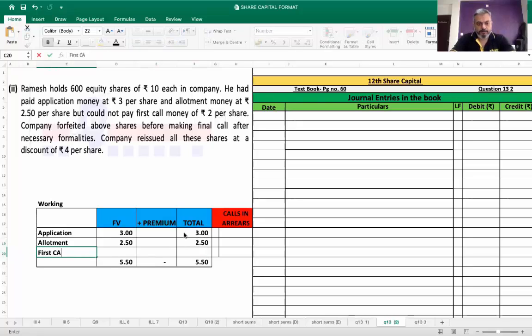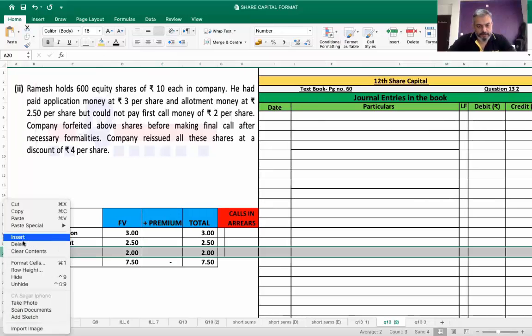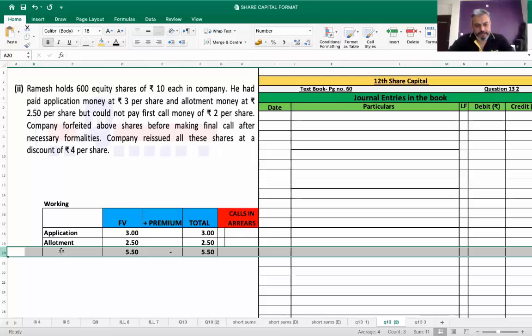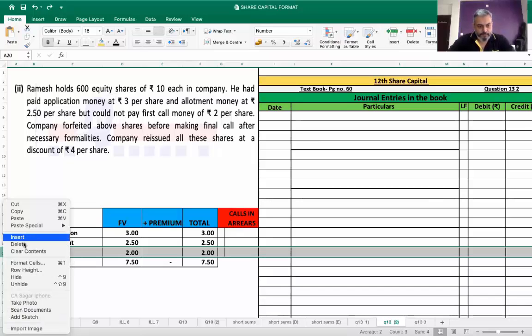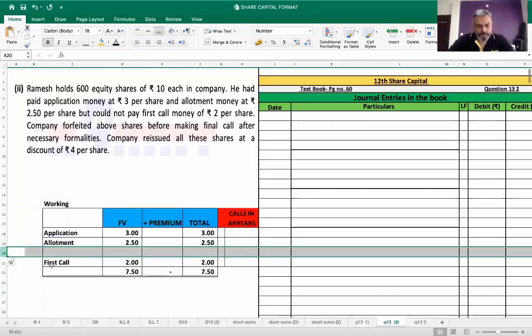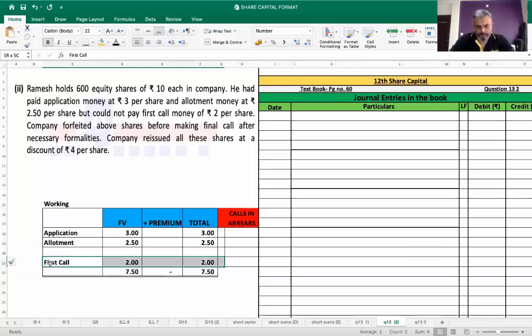First call is 2 per share. Now before making the final call, यानी over here the company